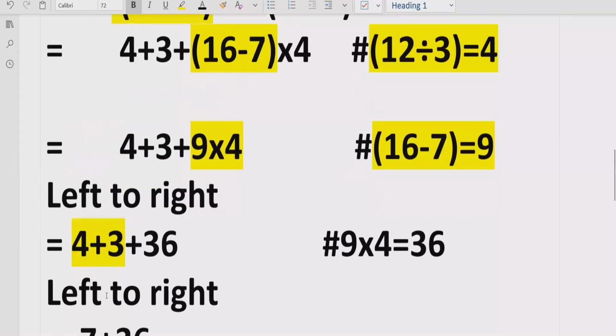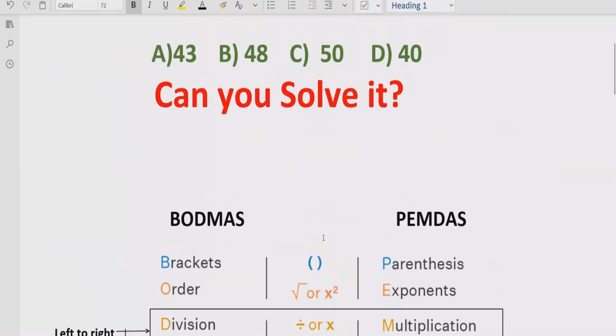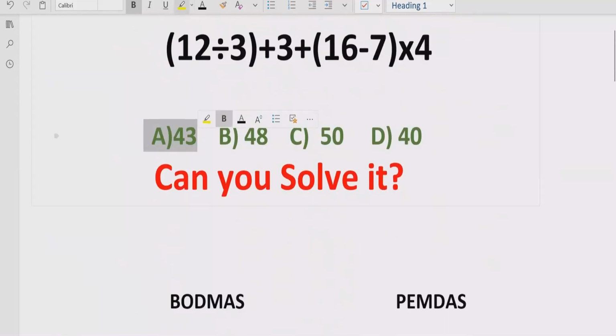I hope you understand how you can solve this expression very easily and very quickly. I followed multiple steps here because I wanted to teach you in a very basic manner, so that's why I followed each step. You can skip multiple steps and solve different groups in one line, so you can get the answer very quickly. If you see the answer list, the answer A is the correct answer.